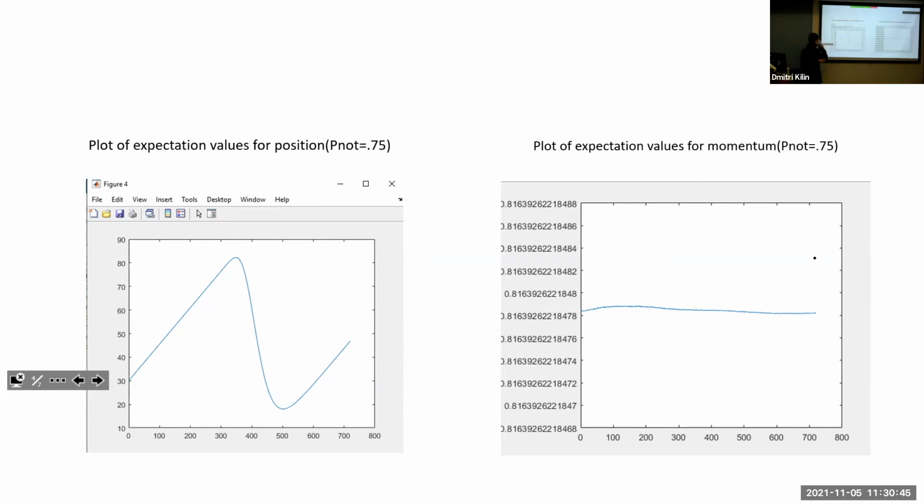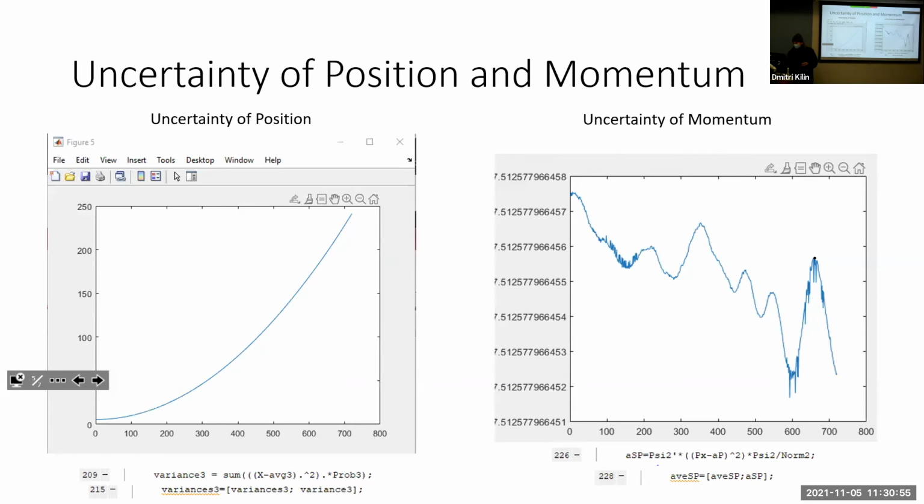And momentum, there's slight errors, but it's close to 0.75, and it's just going to stay constant the whole time. The uncertainty of position and momentum. We learned in class that as time increases, the uncertainty of position is going to follow a quadratic graph, and as you can see when you plot this